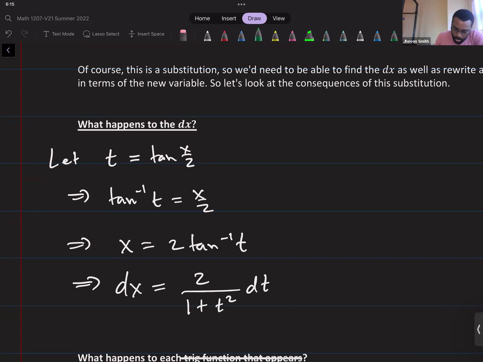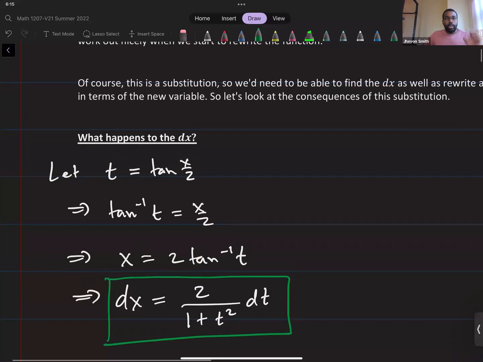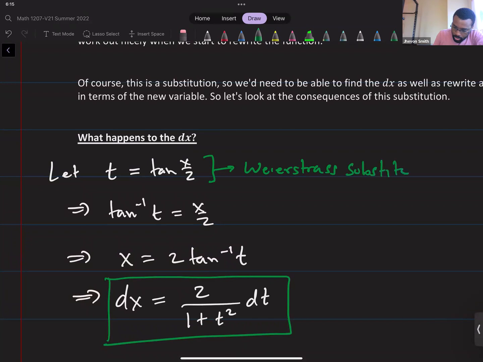So that is an important equation to know. Once you do this substitution, your dx will always be this expression. Always. So you can just know dx becomes this once I do a Weierstrass substitution, and the Weierstrass substitution is this guy. So doing that substitution, my dx will transform into this expression, 2 divided by 1 plus t squared times